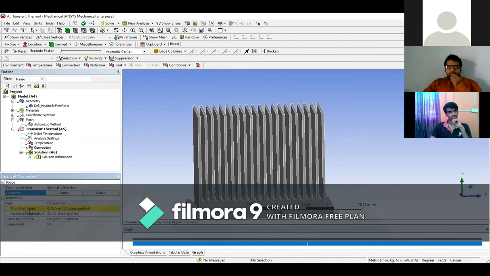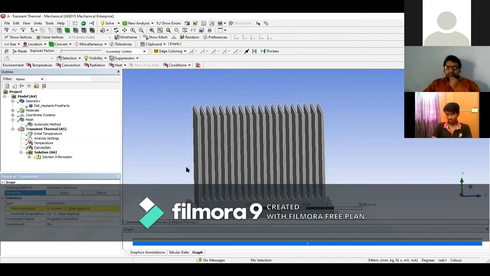Okay. So here we will be clearly seen the film coefficient, convection type. Film coefficient is known as the fluid film coefficient. So this is the very important purpose for applying the boundary condition, fluid film coefficient.